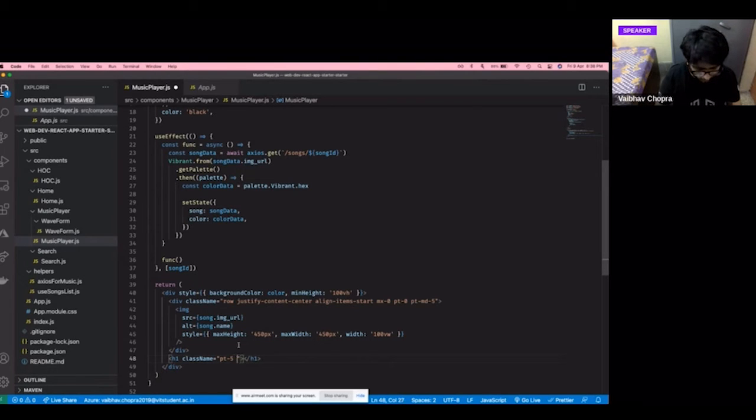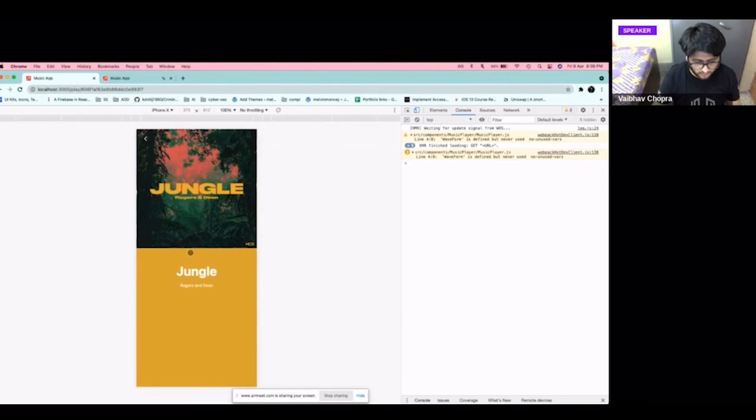And we want the font weight to be bold here because this is the main title of the song. In this case, I want it to be bold. And we will have song.name. Okay. Then in the small tag, I want the song's artist name. Okay. And then you can see what this looks like.